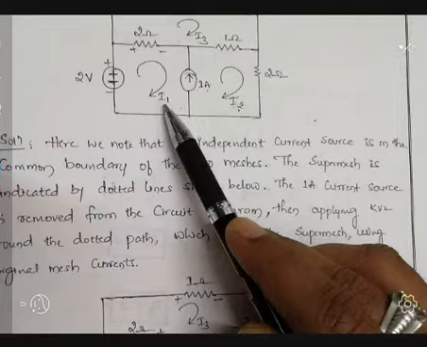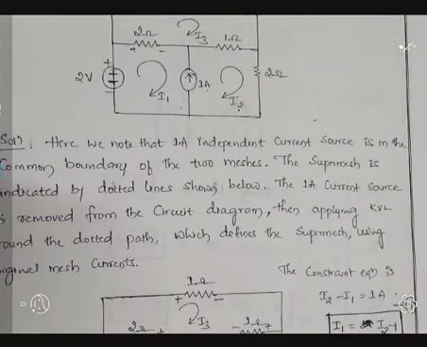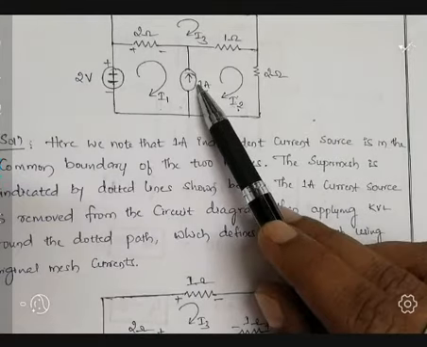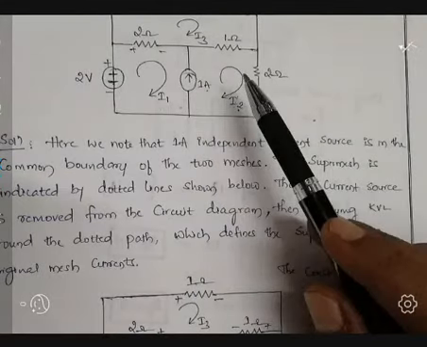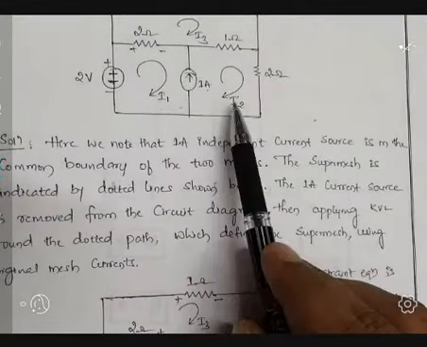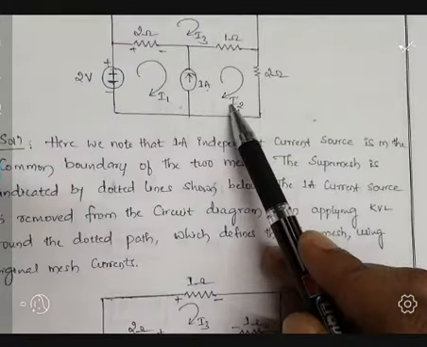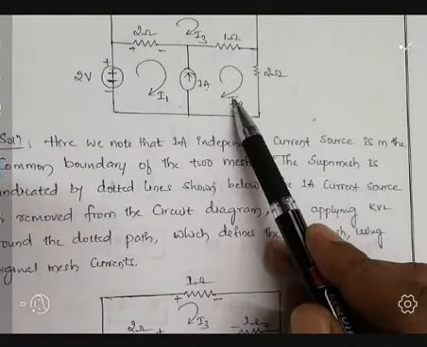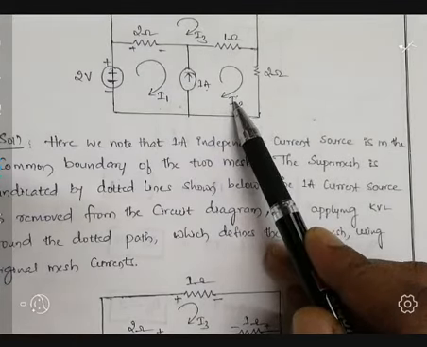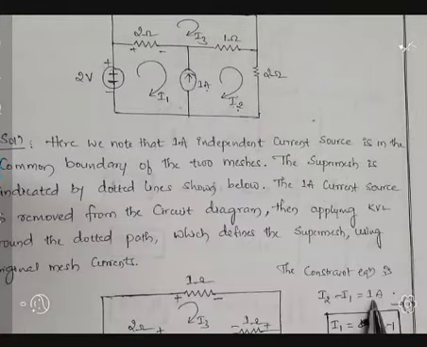And what about the current flowing opposite of 1 ampere? We'll discuss this concept in another example. But for the time being, assume that the current I2 is flowing upward. So we have taken it as a reference point. Hence it is a positive I2. I2 minus I1 equal to 1 ampere. That is I1 equal to I2 minus I1, equation number 1.